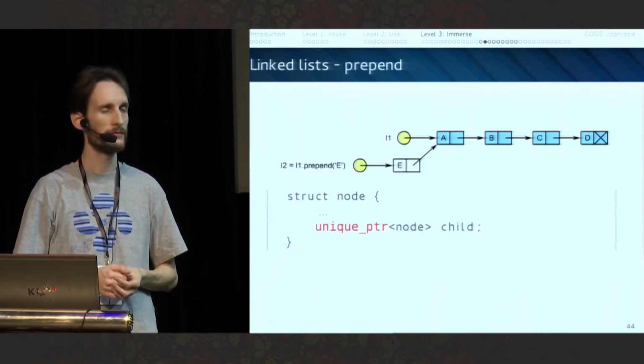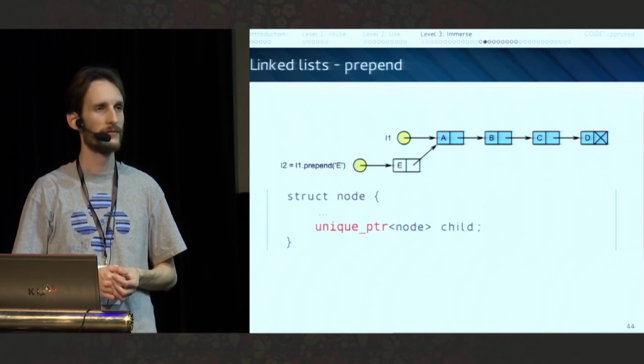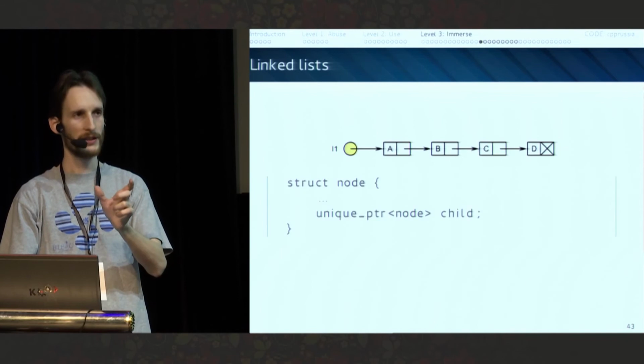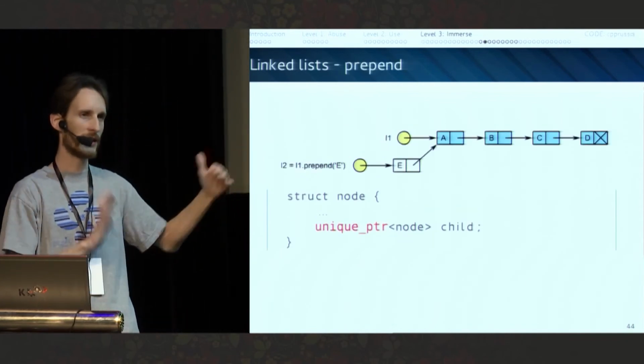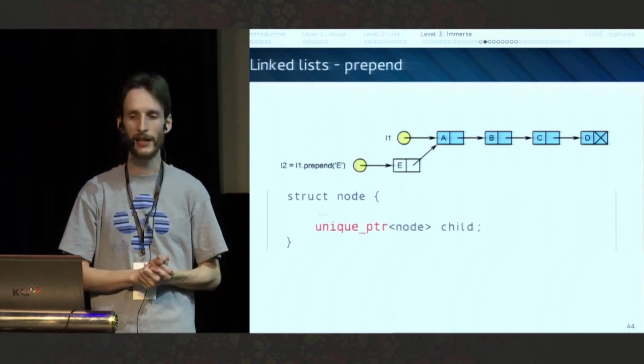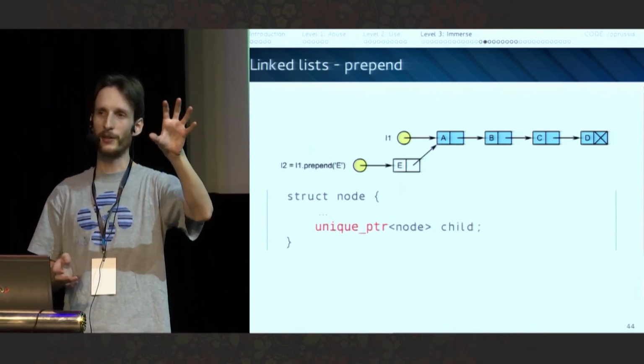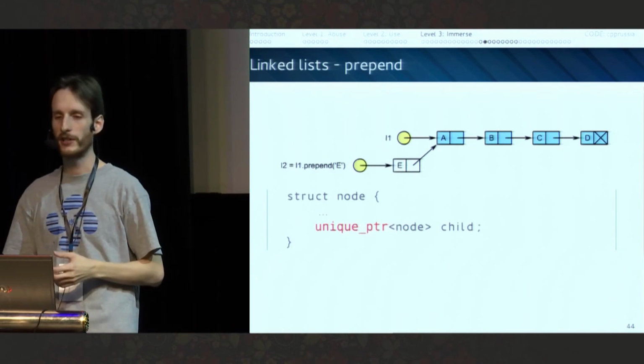If you use a unique pointer here, then you can't have two pointers pointing to node A. Yep, that's why it's in red. So to repeat, because the usual implementation of a singly linked list is to use unique pointer, when we want to change it to this, the unique pointer becomes red, because now A doesn't have a unique owner. It needs to be a shared pointer.